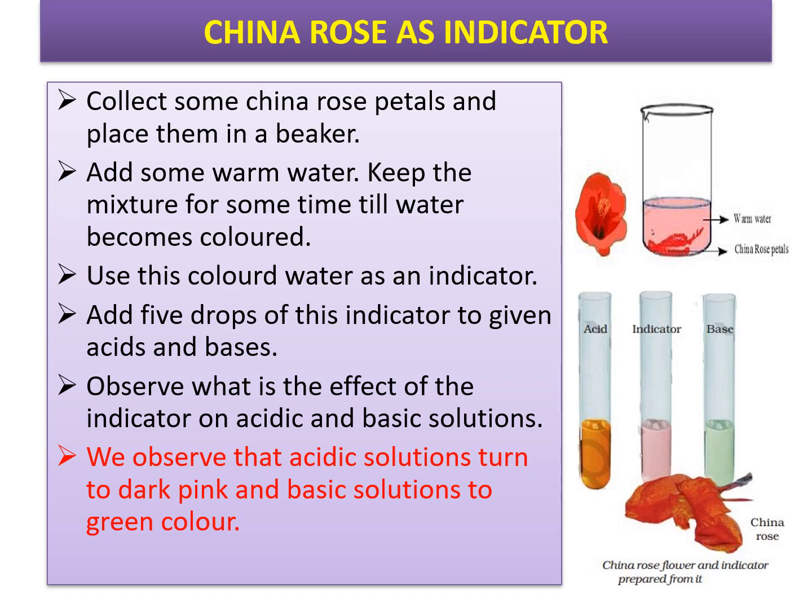Now any acid you take, for example sulfuric acid, hydrochloric acid, nitric acid, whichever acid you take, adding this indicator to it will turn it dark pink. At the same time, if you take a basic solution like calcium hydroxide, sodium hydroxide, ammonium hydroxide, etc., and add this China rose petal indicator to it, it will turn green. So this is about the China rose petal indicator. I hope all of you understood this experiment. Okay children?